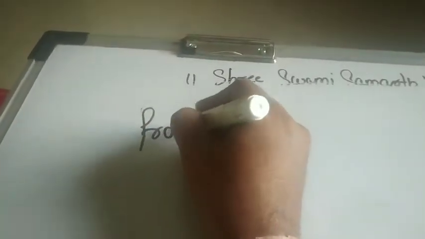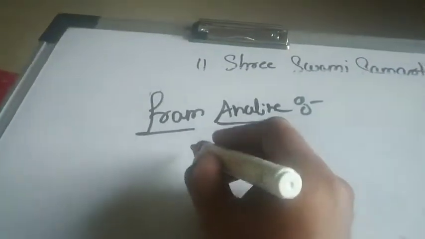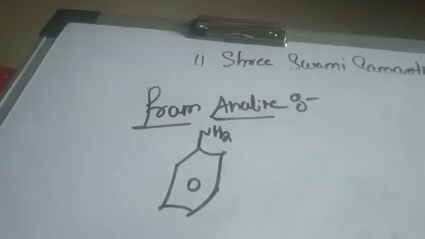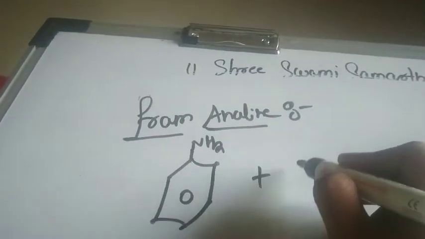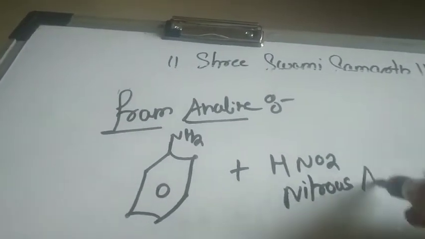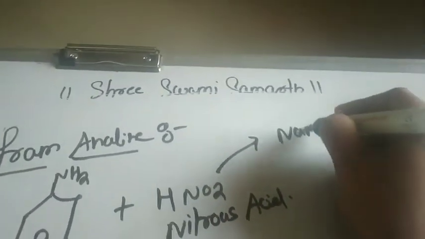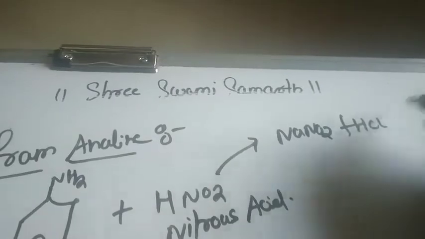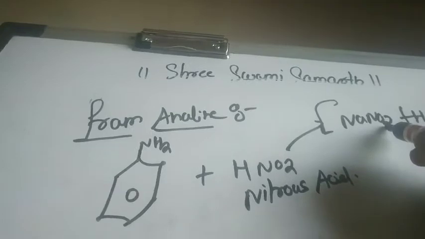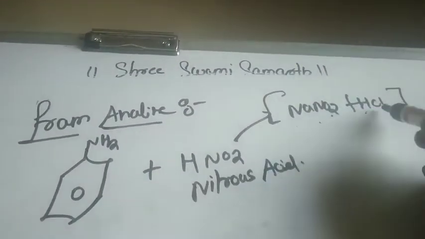That is from aniline, right? So aniline क्या है? मैंने बोला था आपको aniline is nothing but a benzene ring and an NH2, right? So we are going to treat this aniline with nitrous acid. You can note it down somewhere else. How is this nitrous acid prepared? NaNO2 और HCl का रिएक्शन करेंगे तो हमको नाइट्रस एसिड मिलेगा. See, NaNO2 and HCl will react together to form nitrous acid and NaCl will be eliminated.